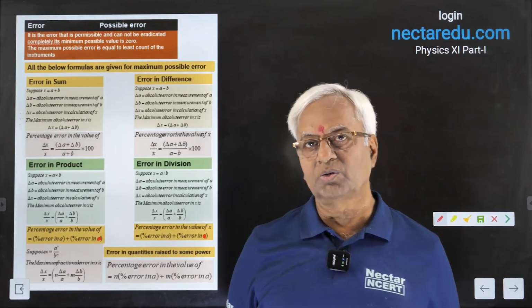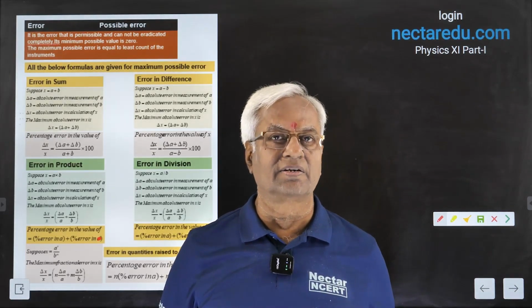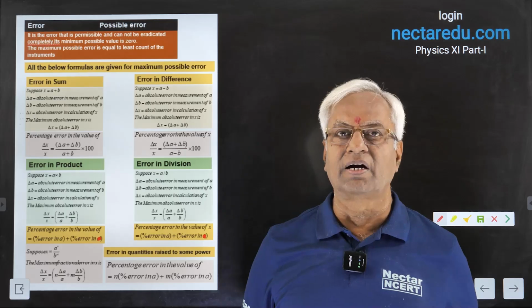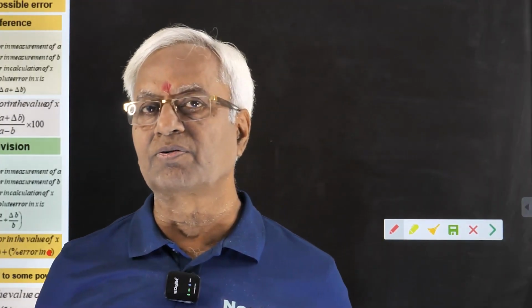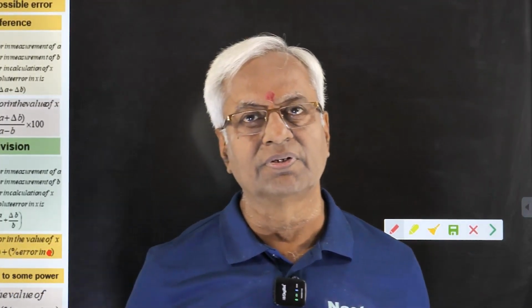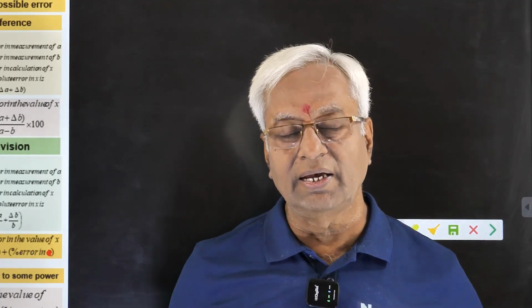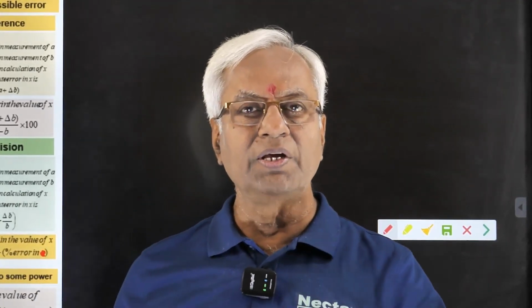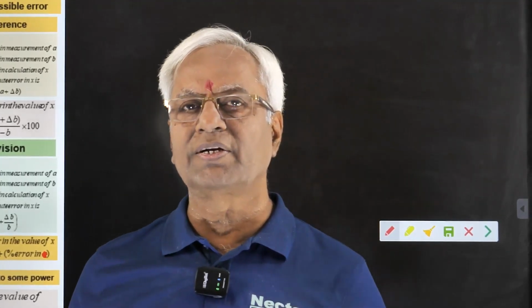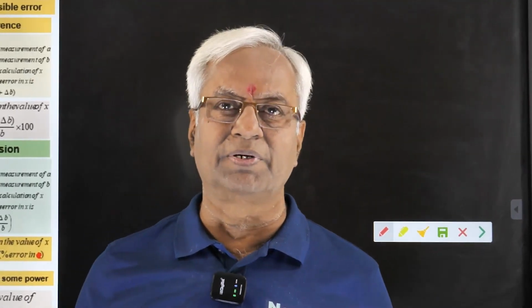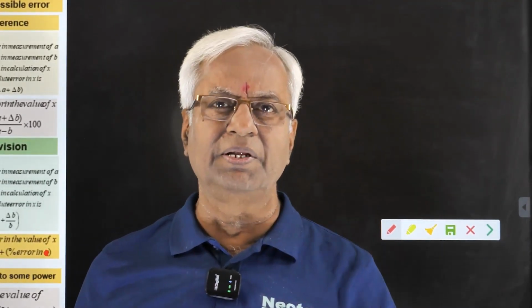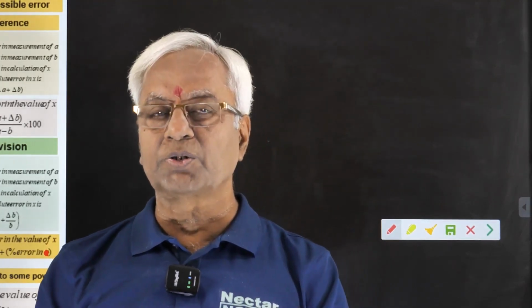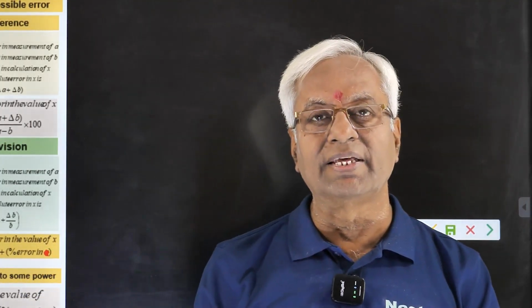Possible error, also known as permissible error, is a very peculiar type. Actually, we come across many types of errors, but on the errors other than this that we are going to study just now, we have a little control. We can either eradicate instrumental error or we can even minimize it. But here possible error has some unique nature.